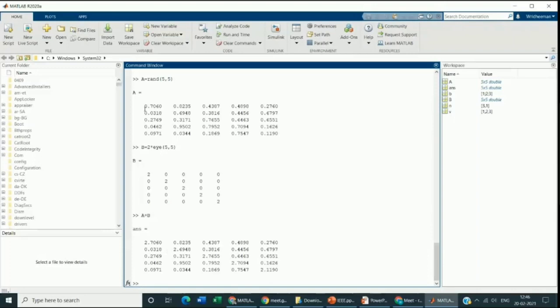As you all can see, matrix A and matrix B have been added here. Matrix A is random between 0 and 1 and matrix B has diagonal elements 2. So you can see it has been added.